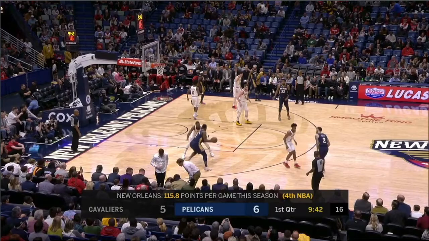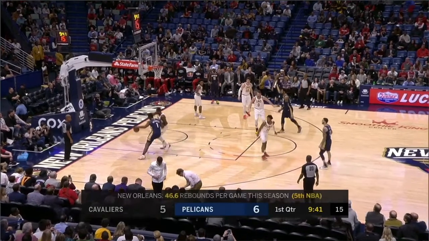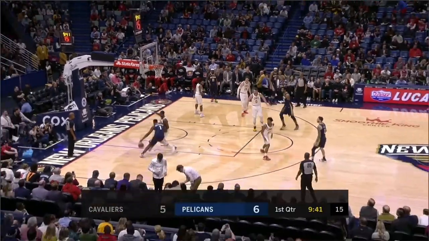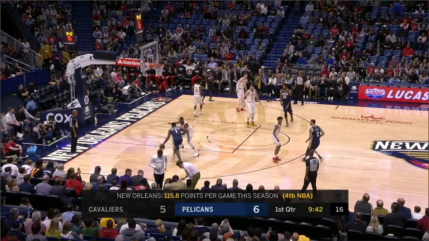So, one, you're leaving Tristan Thompson on an island with Zion Williamson. That's clearly not going to end well right here. It's going to be a 2 for New Orleans. But the second thing is, again, Tristan Thompson, look at how he's angling him this way. There's no help this way. Force him to the middle of the floor, and again, you have so many options here.